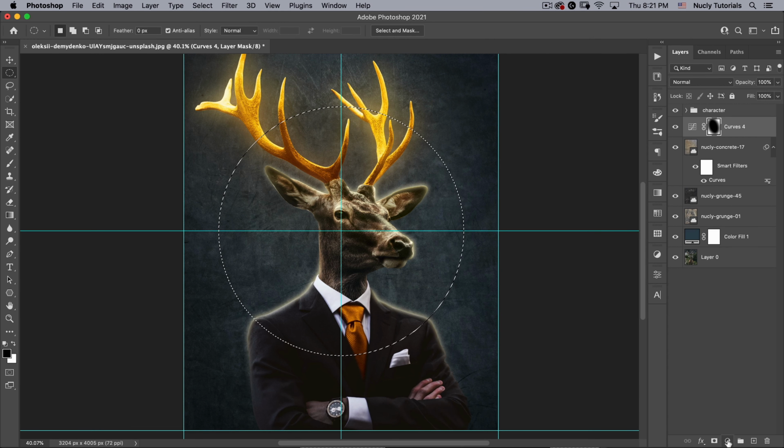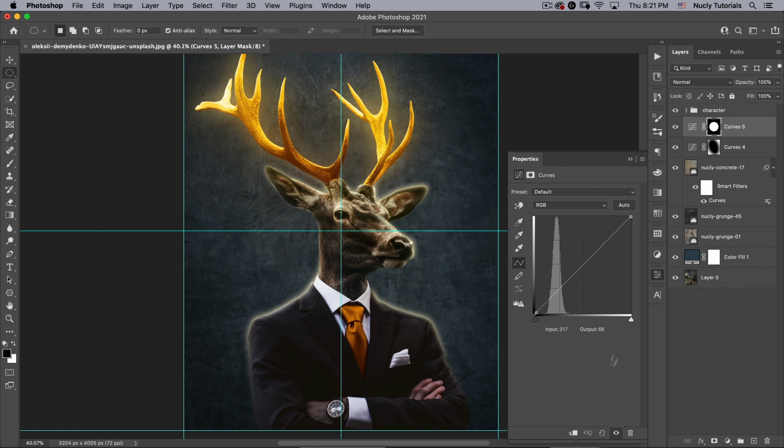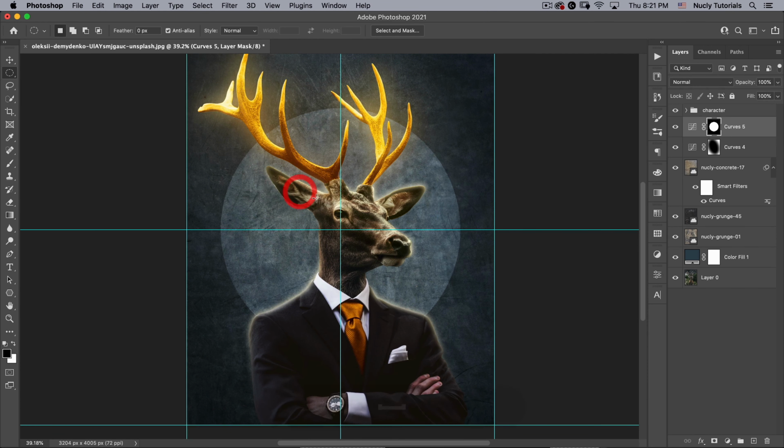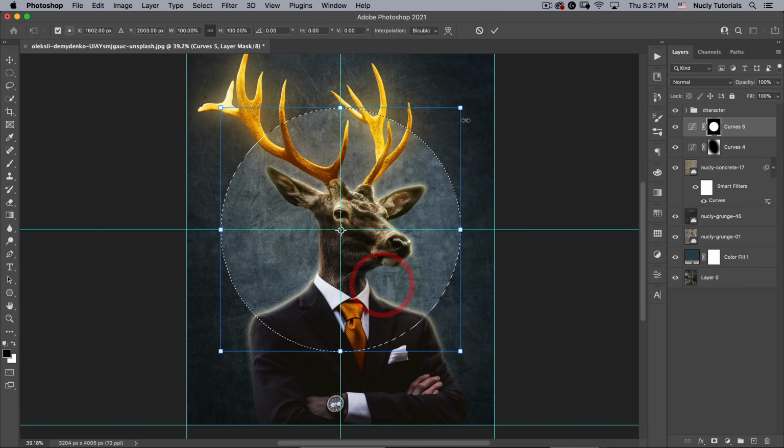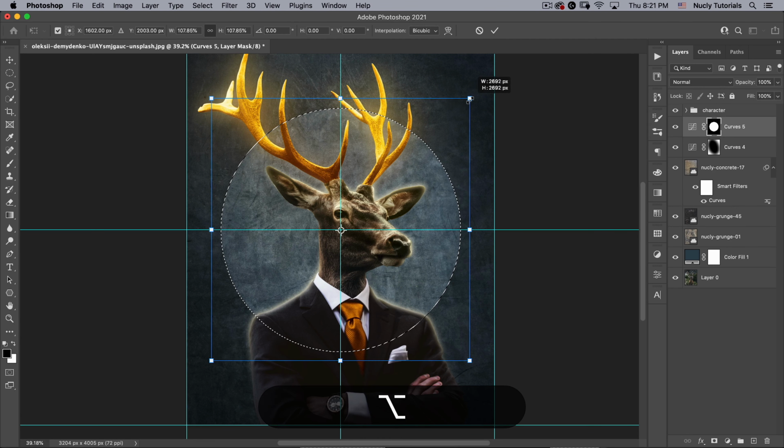And then we'll add another curve, and this curve we're just going to bring up the bottom to about there, like so. And then here what I want to do is Command click on the circle, then right mouse click transform selection, hold down Option so it scales from the center.